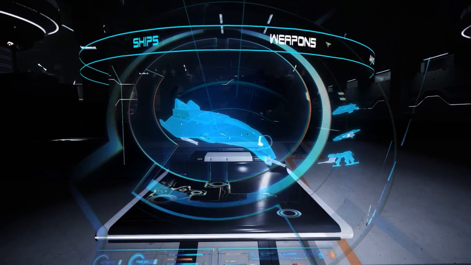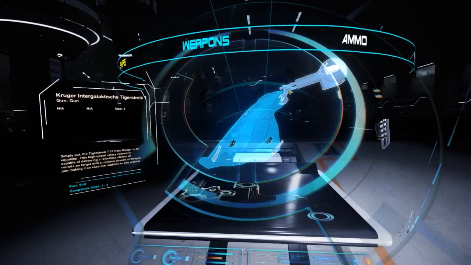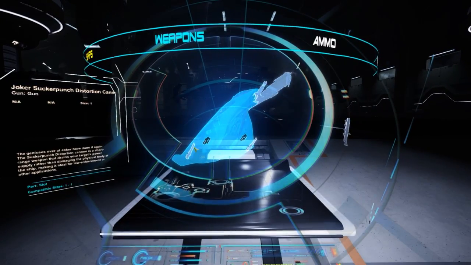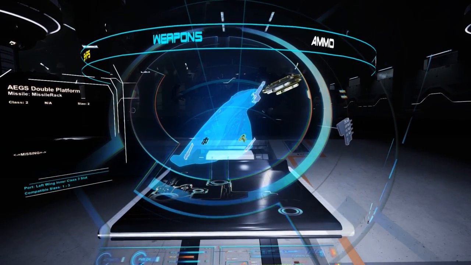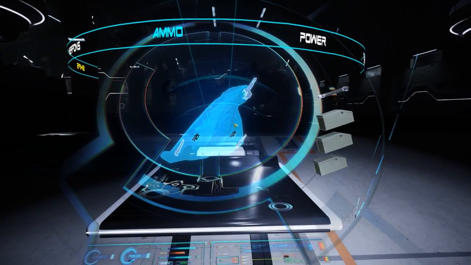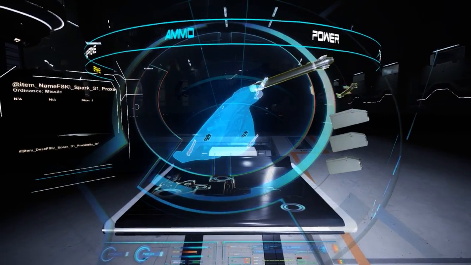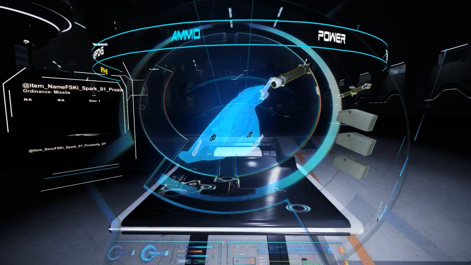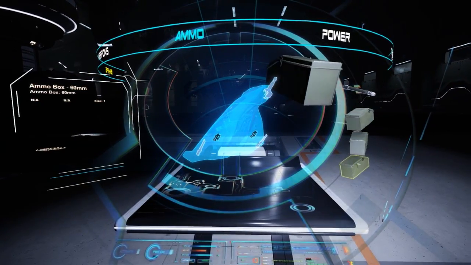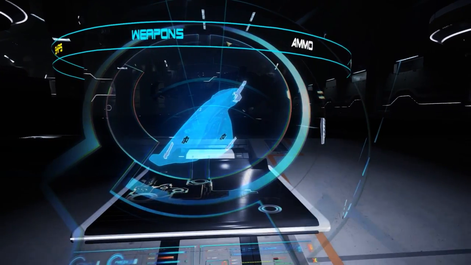So I'm just going to quickly show you the Avenger in the holo table. So you can see we've got the Kruger Intergalactic Tiger Shriek, or whatever it's called. It's some German, I don't know. We've also got our 2 Sucker Punch distortion cannons, and we've got 2 double missile platforms. Now, the missiles, I believe, they're using the Bearing Marksman missiles at the moment. For some reason, I've got one of these Spark proximity missiles here as well. I don't know what that's from. I've also got 25mm, 35 and 60mm ammo. I don't know where all of this has come from, but it's here, so...